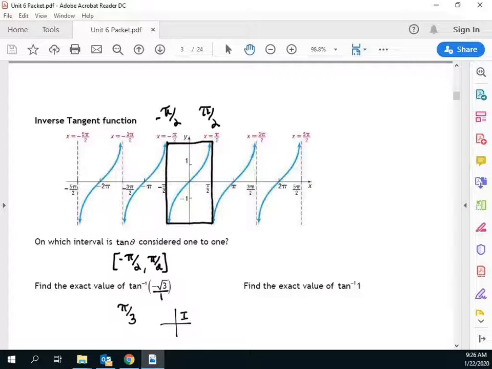Well, guess what? The first quadrant is not going to give us the answer we need. So what do you think we need to do to this fraction here? We need to put it in the fourth quadrant. How do you put reference angles in the fourth quadrant? What's the trick? Denominator times 2 minus 1. So your answer ends up being